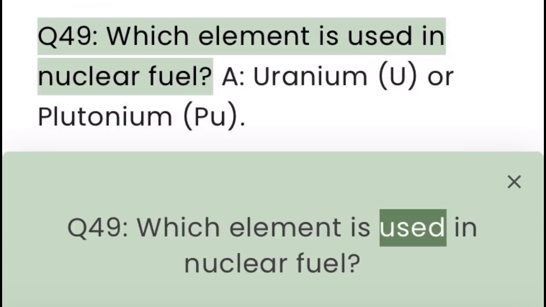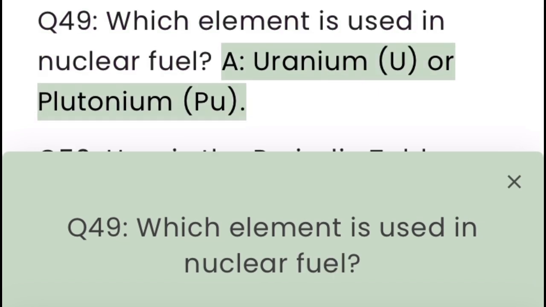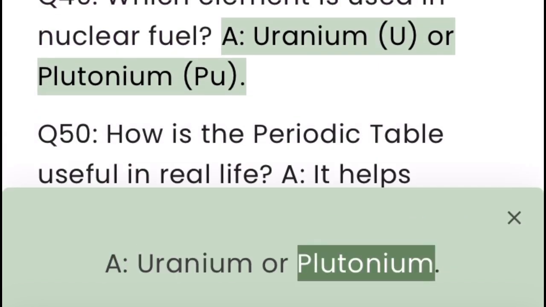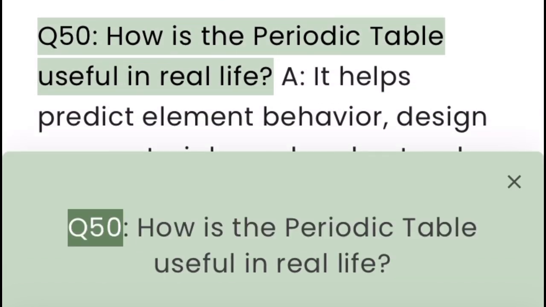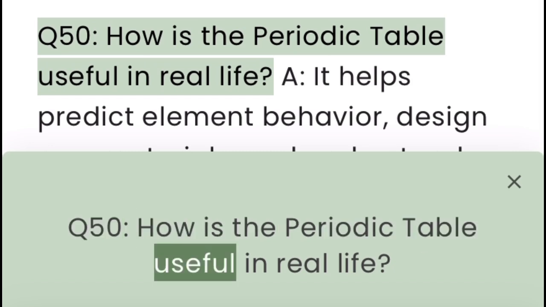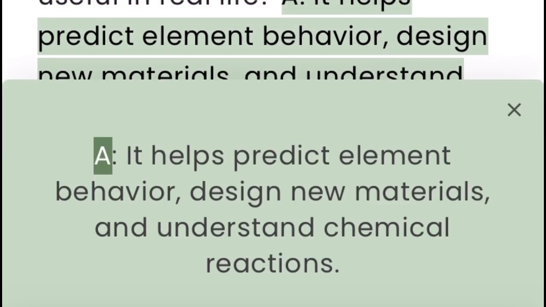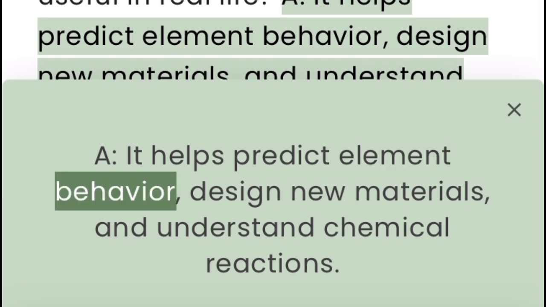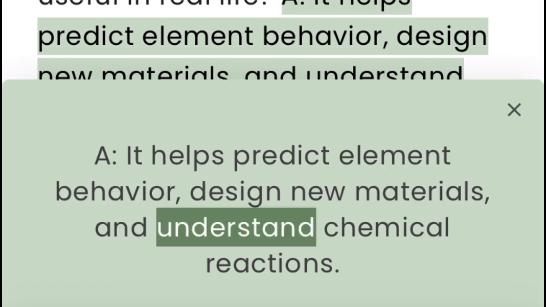Q49. Which element is used in nuclear fuel? A. Uranium or plutonium. Q50. How is the periodic table useful in real life? A. It helps predict element behavior, design new materials, and understand chemical